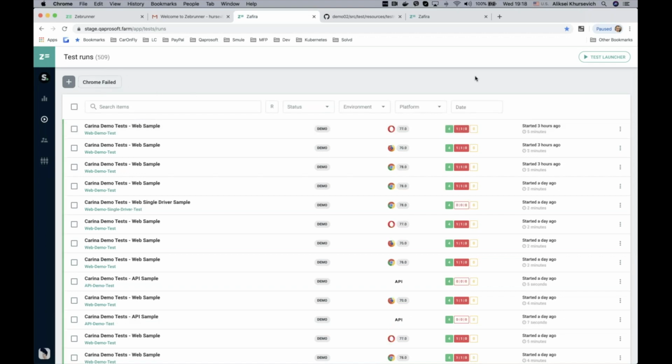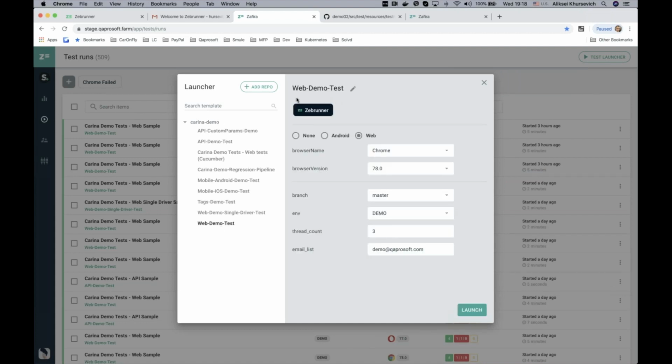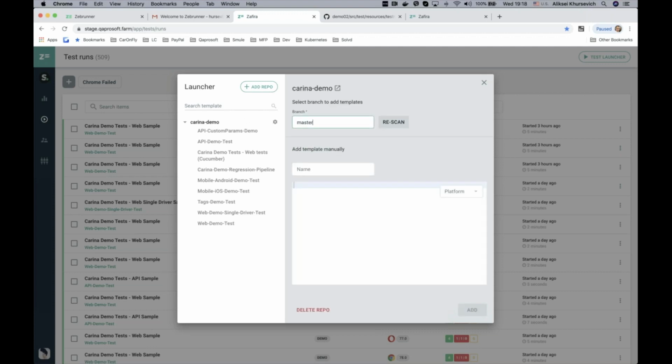Okay, let's get back to the test launchers. We've executed web tests, we've executed API tests. In some cases, it's really useful to create manual test launchers. So you can say, okay, let's say it's Karina Web, and you specify some predefined template, let's say web tests. And here you can specify all the required parameters that should be provided for your test automation. It may be some integer parameters, some string parameters, or even